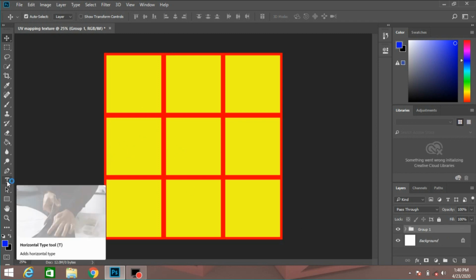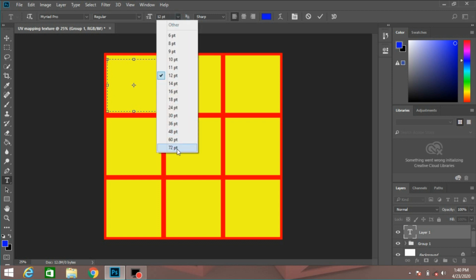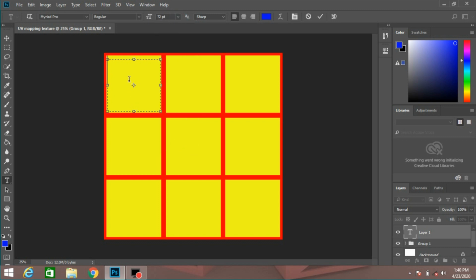Again select text tool or type tool and drag just like this and select 72 and type.